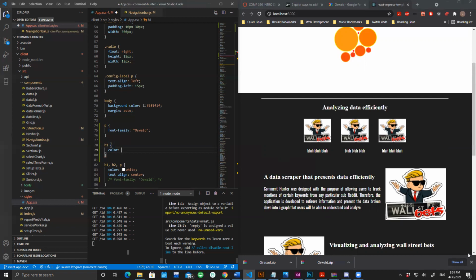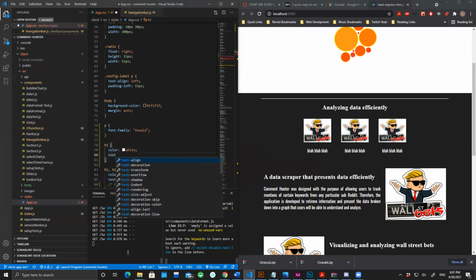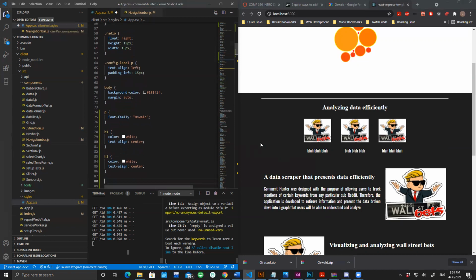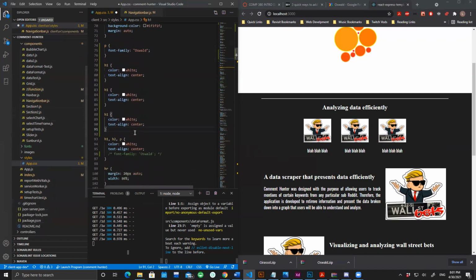So I'm going to just go ahead and do it for white. Okay, color white, and then text align center. All right, and I'm going to copy this. Let me get rid of this one. Okay. Now let's see. Okay, well, it was H2